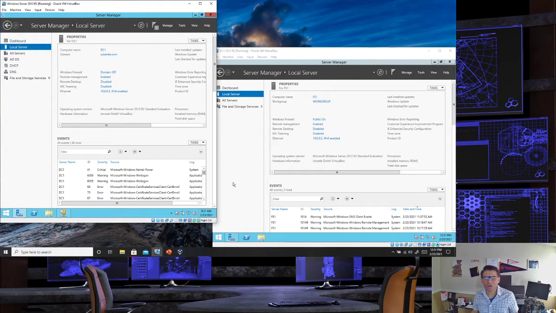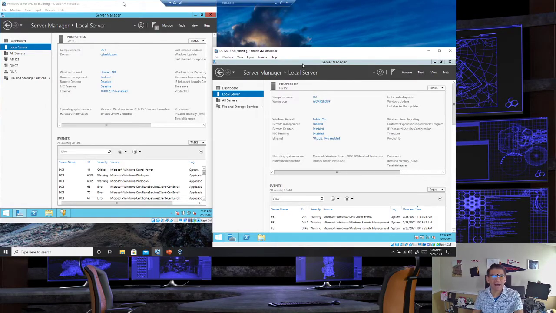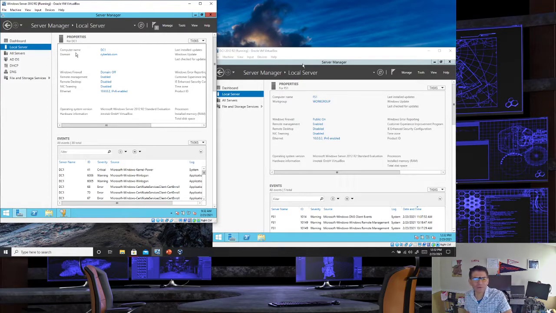We are using Oracle VirtualBox as the hypervisor type 2 that is installed on our Windows 10 system. And this Oracle VirtualBox has been used to create the two virtual machines that were depicted in the previous diagram with the names of DC1 and FS1. So this box right here to the left is DC1, as you can tell, because of the computer name that is coming up under Server Manager. We already see that the domain for this box is cyberlab.com,